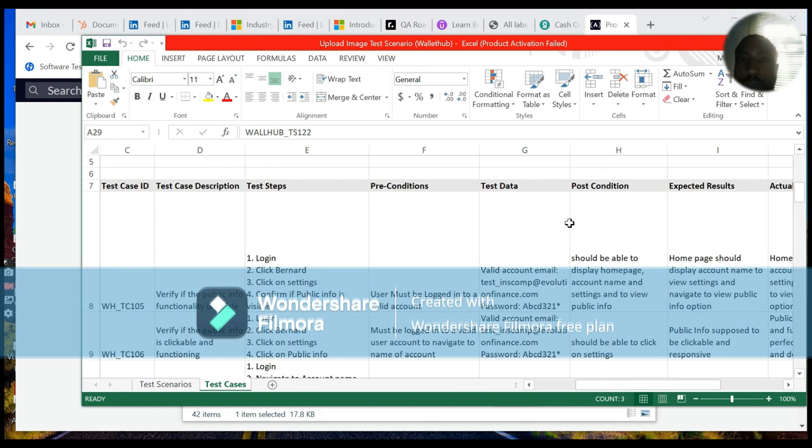And the post condition. Post condition means once you log in, what are you supposed to see? What state you're supposed to have when you log in. So when you log in, that is the post condition.